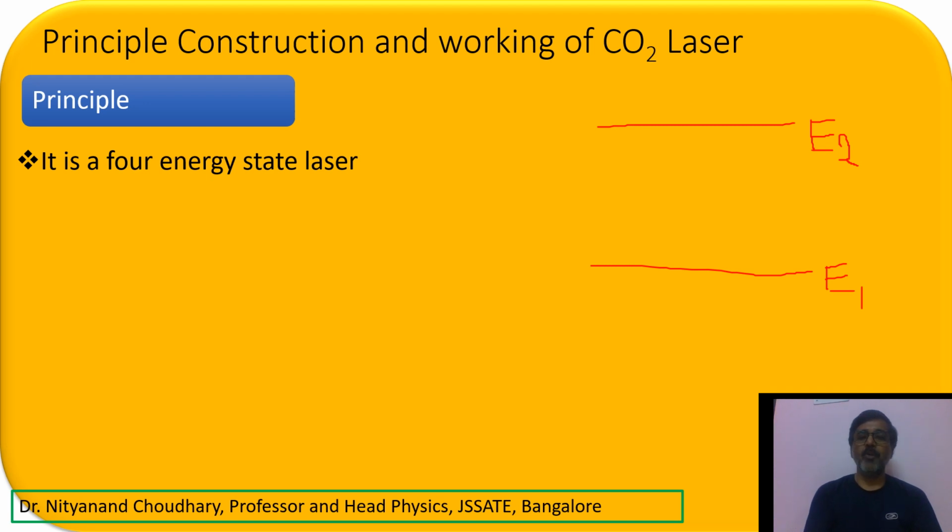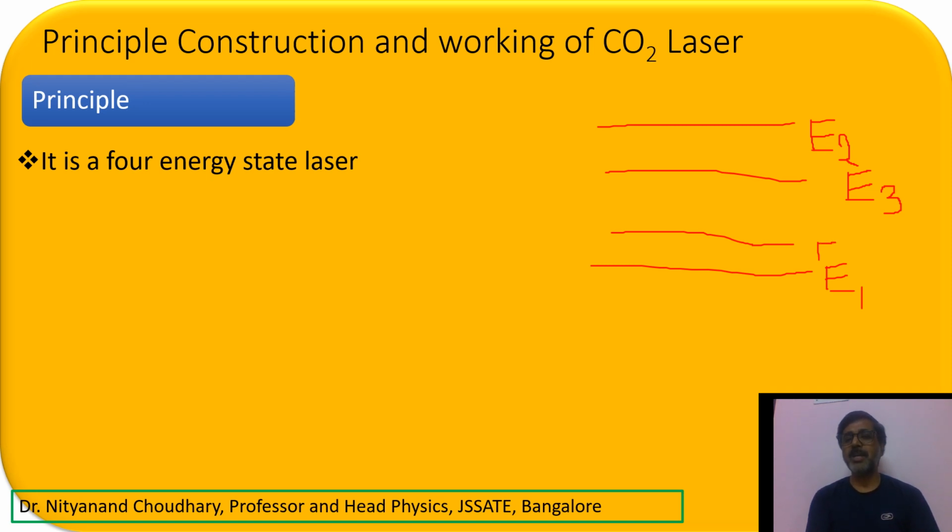So now let us see how it is based on the 4 energy states. So here we have a material in which we have the 4 energy states. This I have called E1. The excited state we are calling E2. The third state we are calling the metastable state, about which I have told you in detail, right? So the third energy state is your metastable state, which is very close to your excited energy state. And the fourth one is another energy state which is very close to your ground energy state.